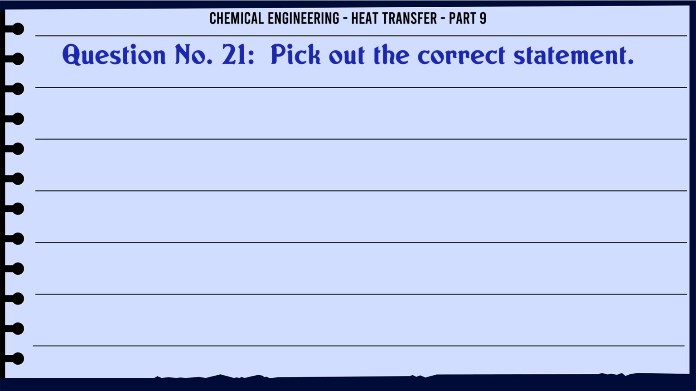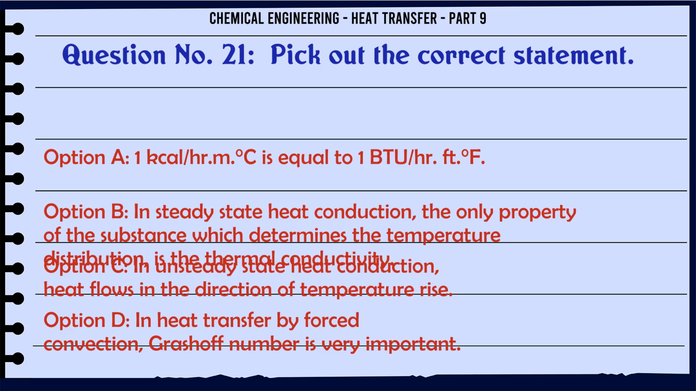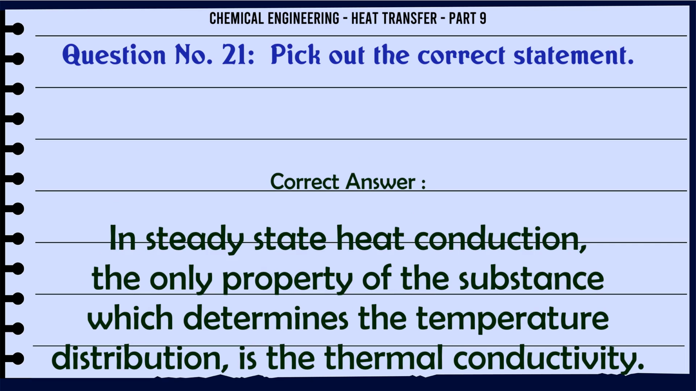Pick out the correct statement. A. 1 kilocalorie per hour meter degree C is equal to 1 BTU per hour foot degree F. B. In steady state heat conduction, the only property of the substance which determines the temperature distribution is the thermal conductivity. C. In unsteady state heat conduction, heat flows in the direction of temperature rise. D. In heat transfer by forced convection, Kirchoff number is very important. The correct answer is in steady state heat conduction, the only property of the substance which determines the temperature distribution